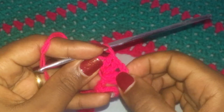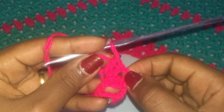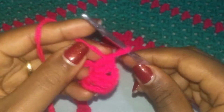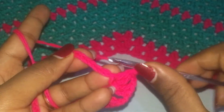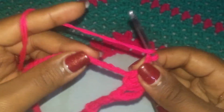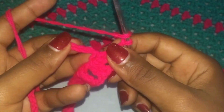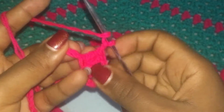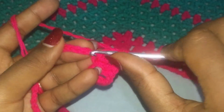So we made 2 double crochets and chained 2 and made 2 more double crochets in that same space. Then chain 2, skip 2 stitches, and you're going to repeat the same thing you did here, skipping 2 stitches and making 2 double crochets into the next one. Okay, 1, 2,